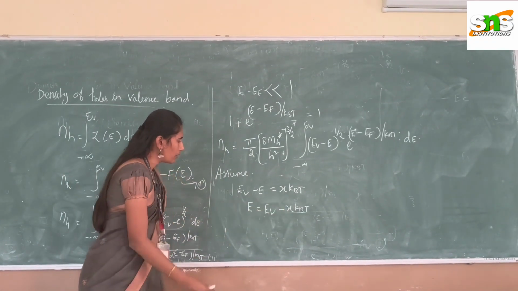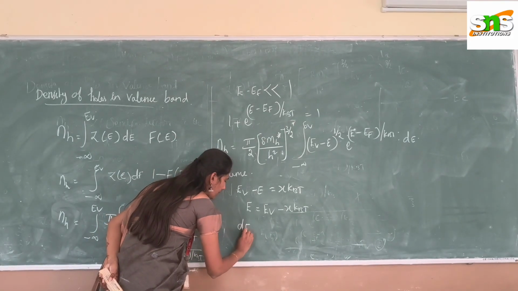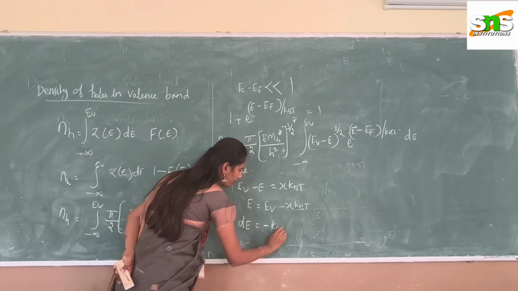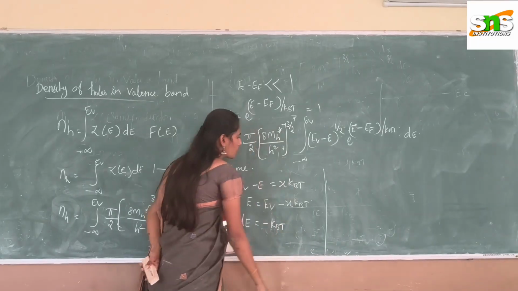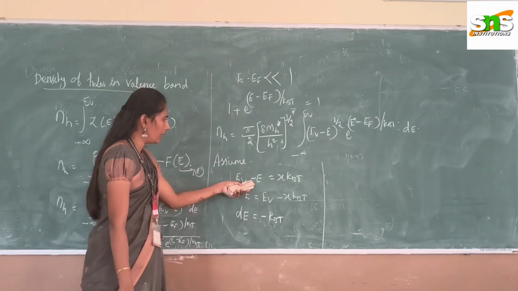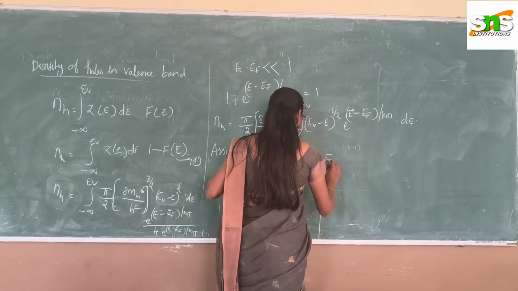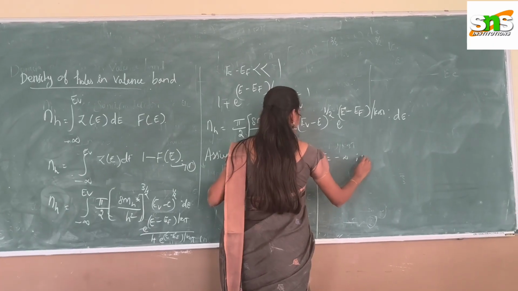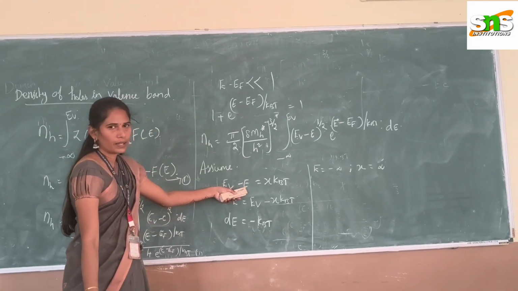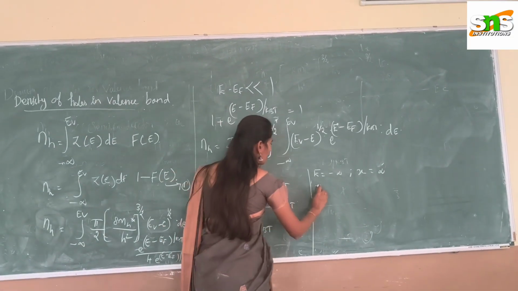Differentiating with respect to x, the above equation will give dE is equal to 0 minus kT dx. Again, the limits also change. So E is replaced by minus infinity means x is equal to infinity. And then E is replaced by E_V, so E is equal to